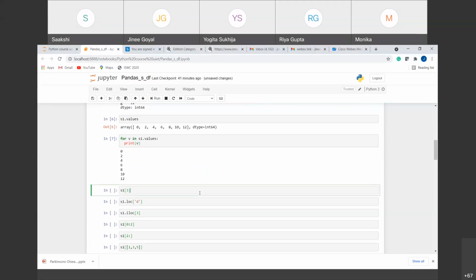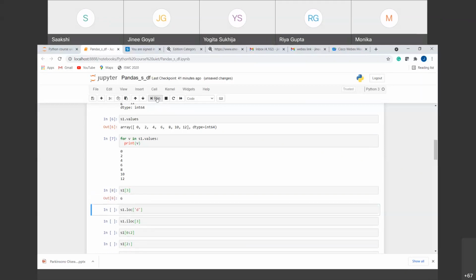So this was a simple series, how we can create it and how we can traverse it. Next, suppose I don't want to traverse the whole series. I want some particular value out of it. Here also indexing starts from 0. Suppose I want the third value out of it. So it will be 0, 1, 2, 3, which is 6, right? You can call it using S1, the name of the series, and inside that you can use square brackets, and inside that you can give the index for which you want your value. So in general we want the third index value, which is 6, right?